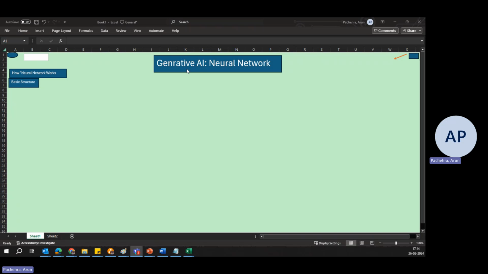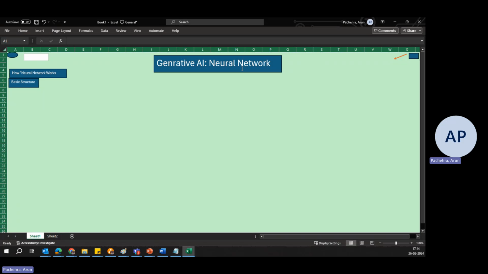These models are inspired by the human brain and consist of layers of neurons, just like the human brain does, so that it can learn complex patterns. So today we are going to explore neural networks. Why?